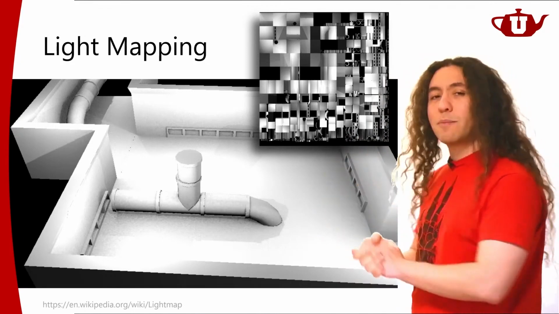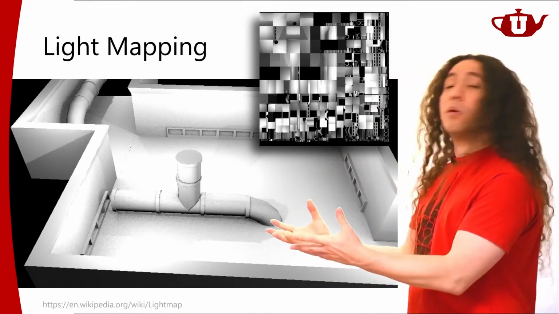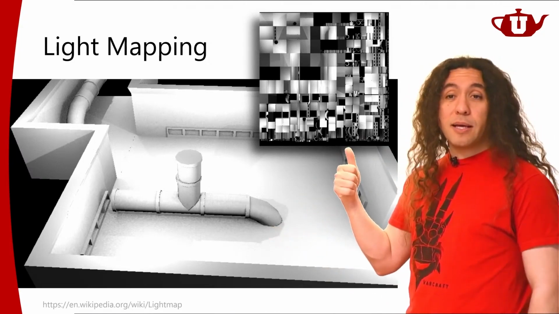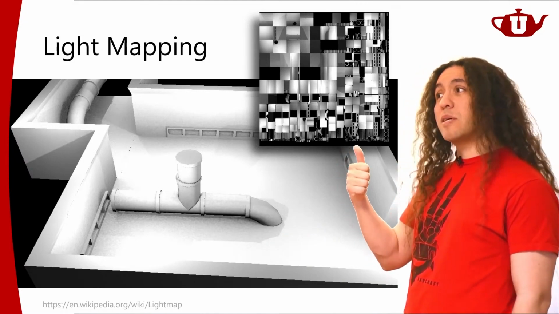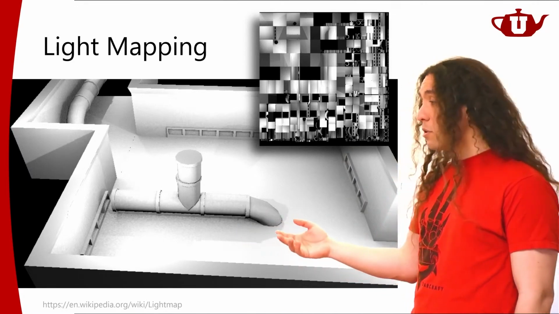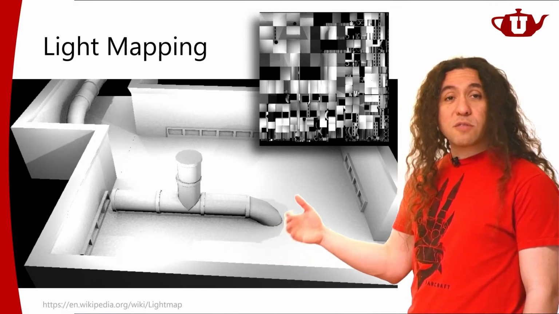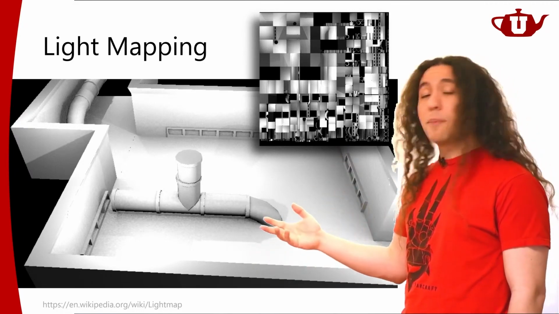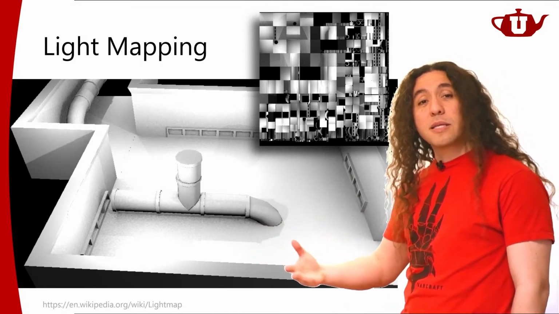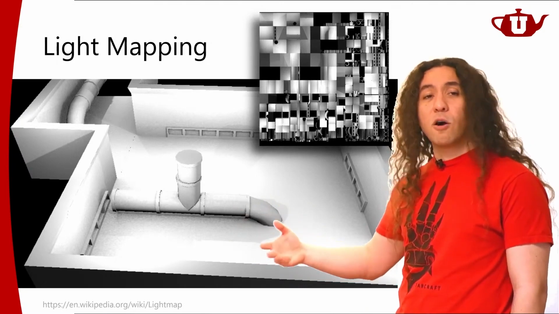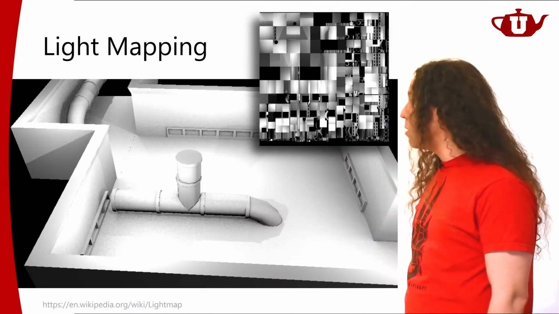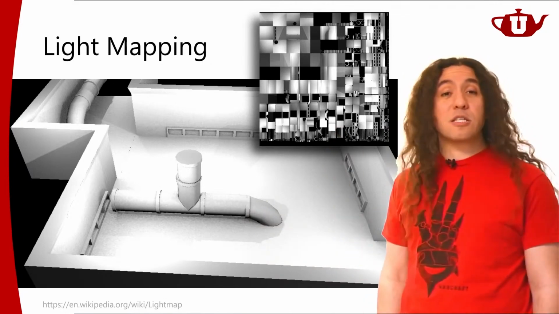But the general concept of light mapping is this. You basically pre-compute your lighting and then you store it in texture maps. Now these don't have to be the same resolution texture maps you're using for your diffuse colors on the surface. For your diffuse color, you could have high resolution textures. But if you're just recording indirect illumination here, these light maps could be relatively low resolution, and that would be fine, right? Because the indirect illumination is softly, slowly changing on the surface. So a relatively low resolution representation of your indirect illumination might be just good enough.